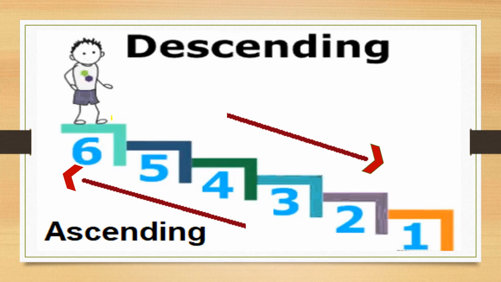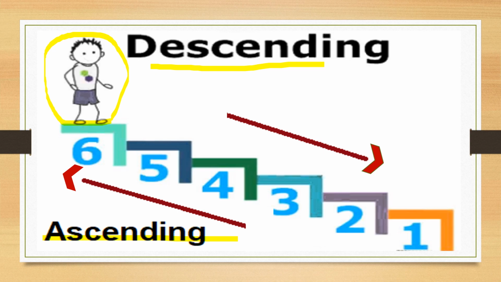Okay, here's a kid standing here at a higher place. When he will go down from higher to lower place, means from larger to smaller numbers, that is descending order. But when he has to go upwards towards a higher place, that is ascending order, means from lower to higher place, from smaller to larger numbers. So when we go down towards smaller numbers or towards lower places, that is descending order, and when we go towards higher places or towards larger numbers, that is ascending order.